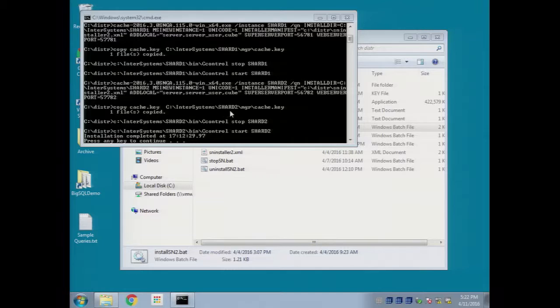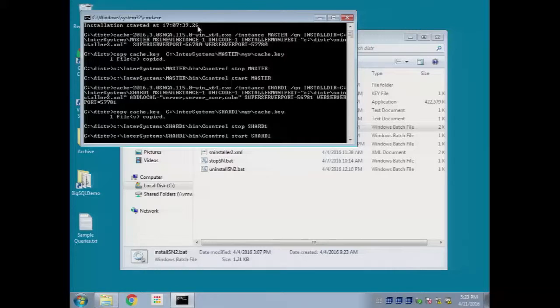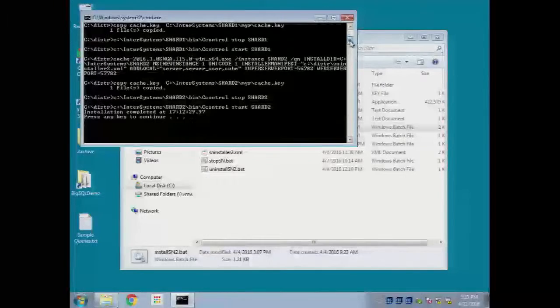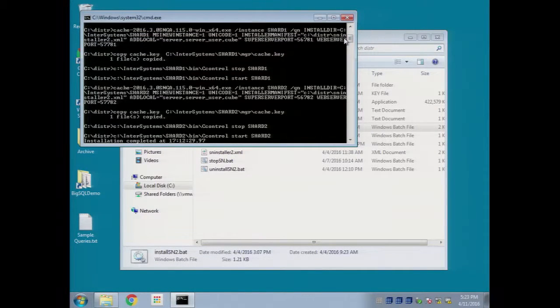So deployment is completed. I had 3 new instances of cache on my machine, master, shard 2, and shard 1. If we take a look at the time, again, virtual machine time is a bit off, but we started at 5:07 and 5:12. So about 5 minutes and 1 click to deploy a shared nothing cluster of 3 nodes within a virtual machine, right? Here I'm using a combination of 3 well-known, well-tested technologies: Windows batch file, cache silent install, and cache installer manifest,